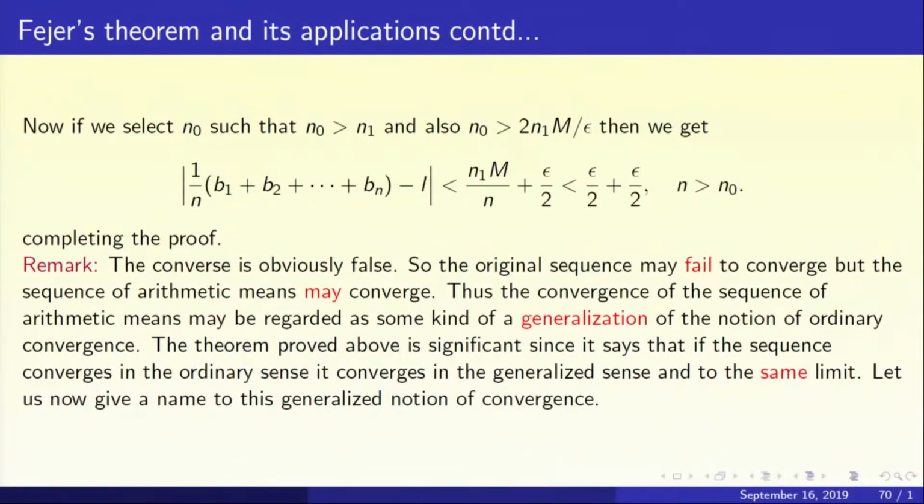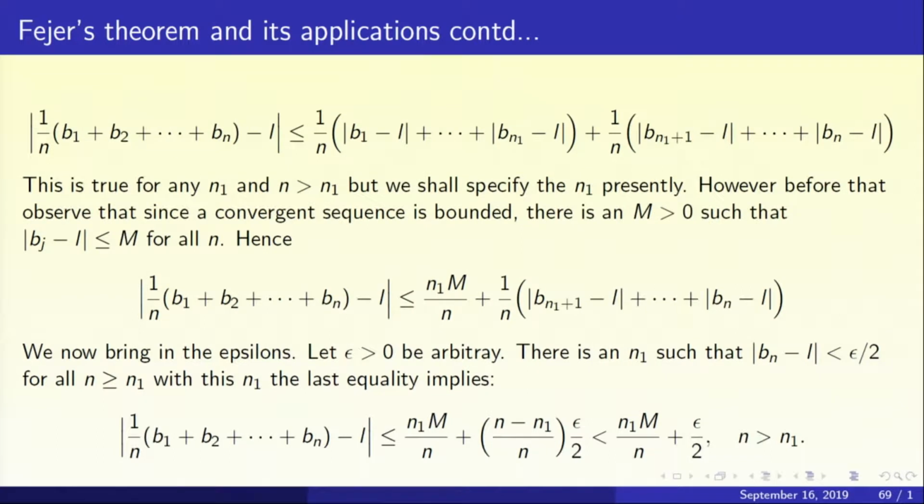Now, we need to select the n in such a way that the first piece n1 M upon n is also less than epsilon/2. So, we select our n naught such that first of all this new n naught must be bigger than the old n1, so that we have gone past n1. So, whatever we have done earlier continues to hold. Now, we select our n naught such that n naught is bigger than 2 n1 M upon epsilon. If that happens, then when n is bigger than n naught, n will be bigger than 2 n1 M upon epsilon. So, the piece n1 M upon n will be less than epsilon/2, and we will